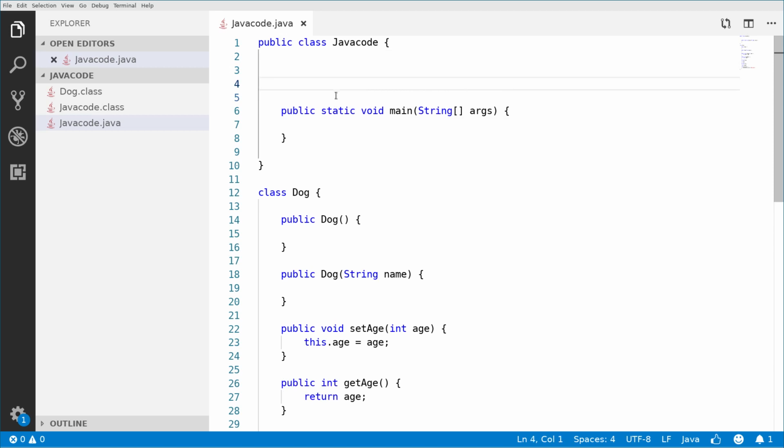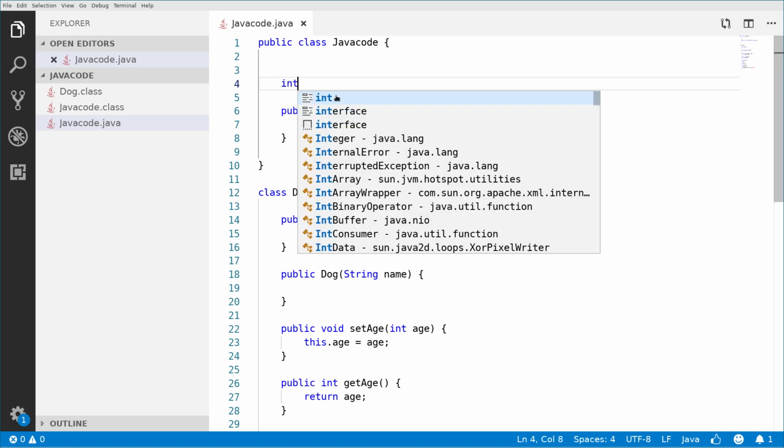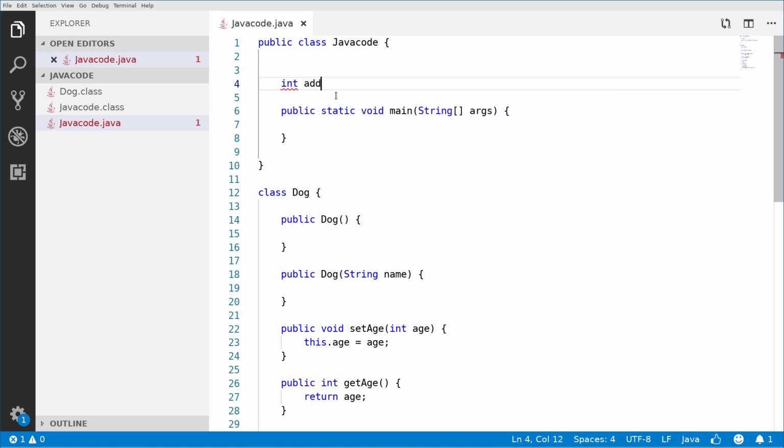So maybe I want to call a method that would say add numbers, right? And that addition will return an integer, right? So you can say int add numbers. And now I will introduce you to parameters. So parameters are values like the ones we used here in the doc class, or these inside the parentheses, int age, right?